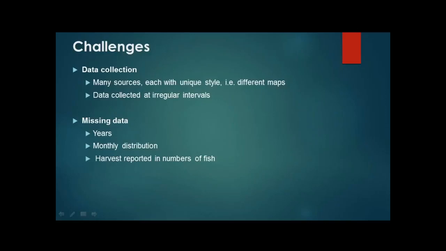Often the harvest for the recreational data is reported in number of fish, which is helpful, but when I care about biomass, I need to know how big those fish were. Were they like 10 little fish or 10 big fish? Because that influences how the model weights these numbers.